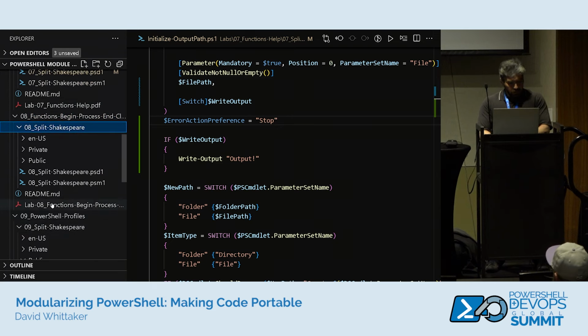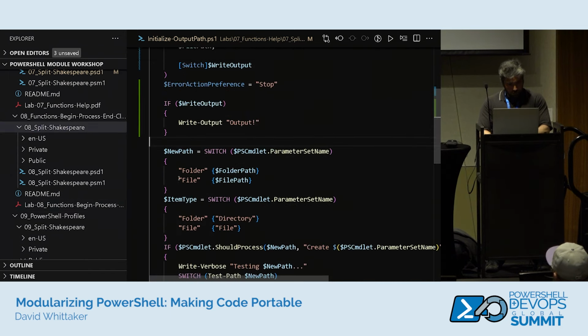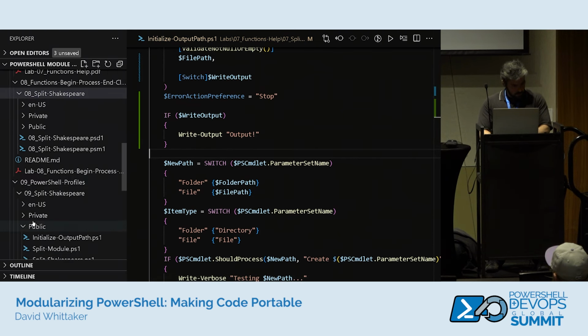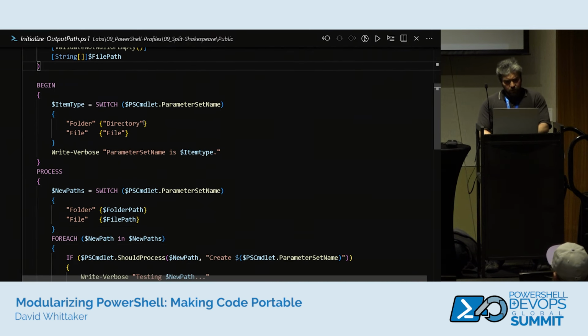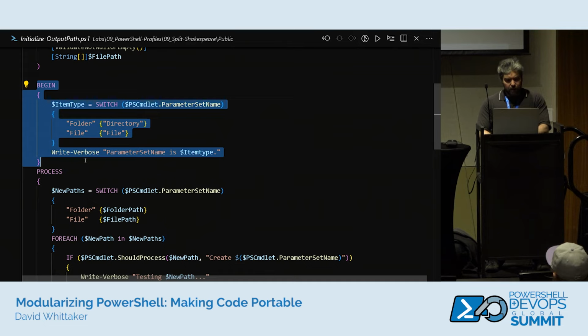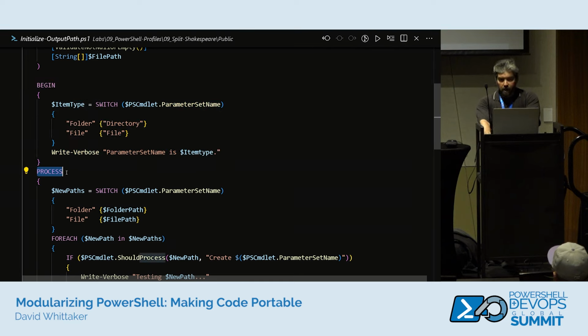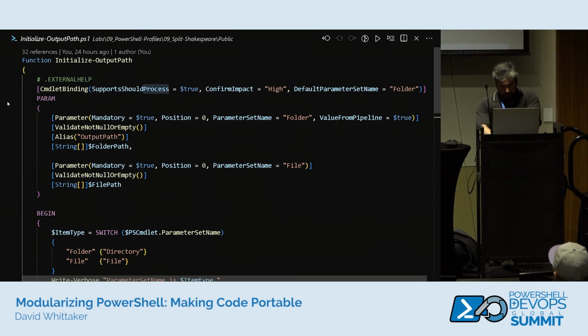Let's talk about begin, process, and end blocks. And also a clean block. So, first things first. A begin block is an optional block. It will only process once when a function is run. A process block is fundamentally different because anything I pass from the pipeline is going to be looped through. It's kind of like a built-in foreach loop. And I can control that